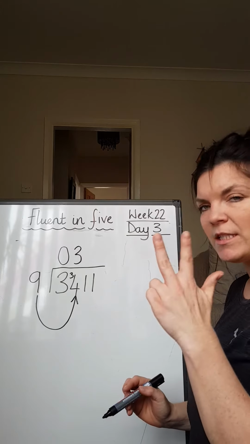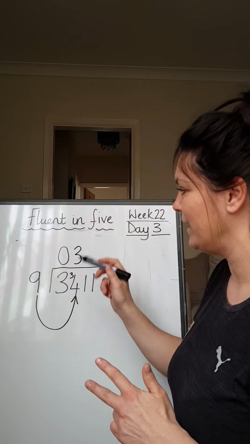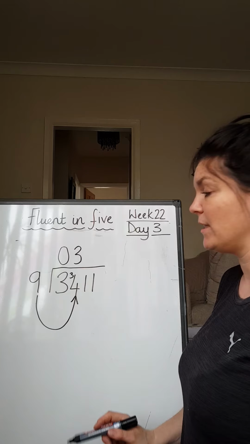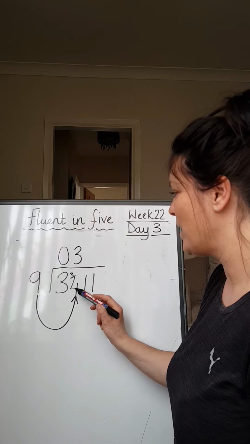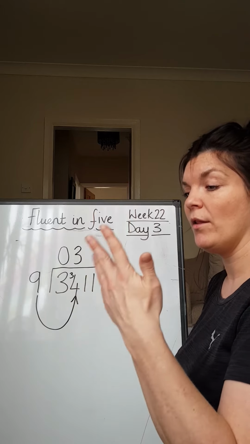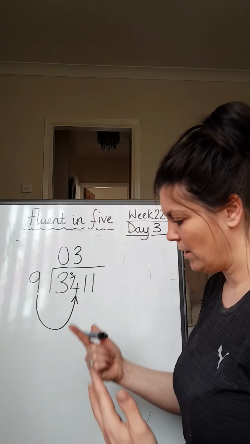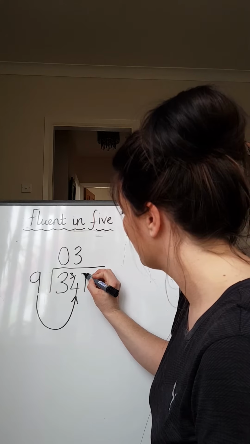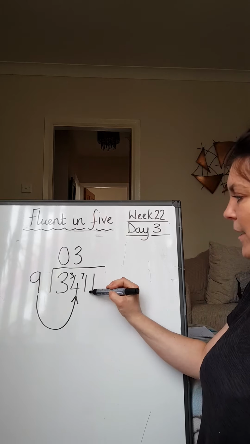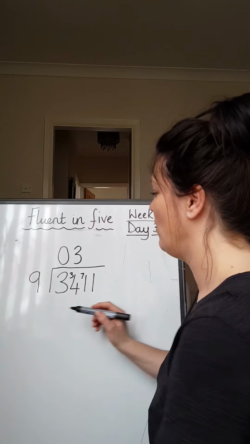If you get stuck at this point and you forgot what you've counted, 9 times 3, I can use the inverse. 9 times 3 is 27. What's the difference between 27 and 34? Let's count the difference. 28, 29, 30, 31, 32, 33, 34. So there's a remainder of 7. There's 7 left over, which I'm going to put on the next number along and make a new number. 71 now.